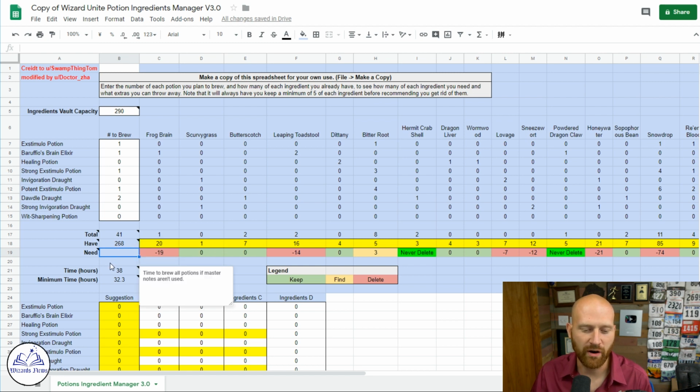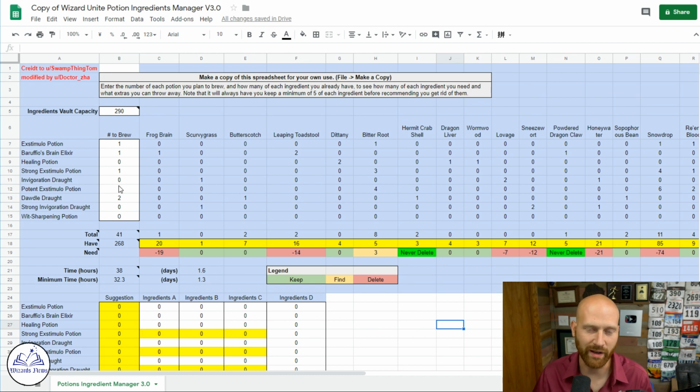Then we can come down a little farther and it says right down here it's going to take a maximum of 38 hours and a minimum, if you do everything right with all the master notes, of 32 hours. In other words, 1.6 or 1.3 days. So you can actually keep an idea and organize what are you going to brew when and plan it out ahead of time. And the cool thing is it has all of the ingredients listed out here,